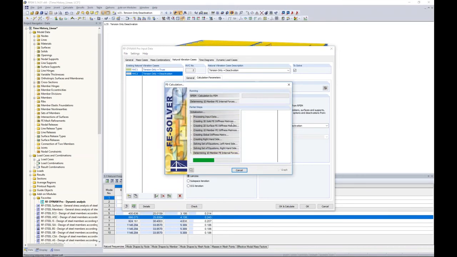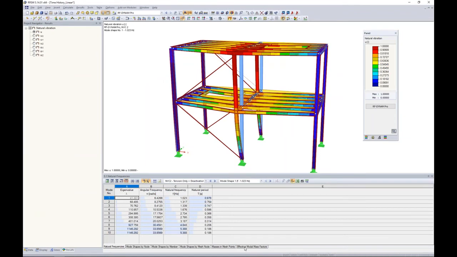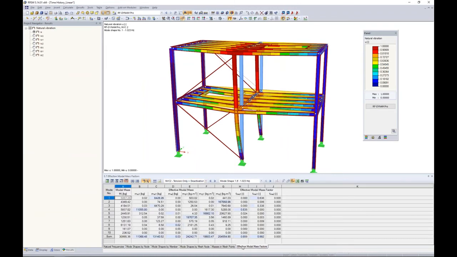We'll take a look here at our natural vibration cases for this second load case. Let's take a look here at our drop-down. Natural vibration case 2 is now available, and I'm going to jump to the effective modal mass factors. Mode shape number 1 still remains our dominant mode shape in the Y direction. That's great. I didn't make any changes in the Y direction, so I wouldn't anticipate that that dominant mode shape